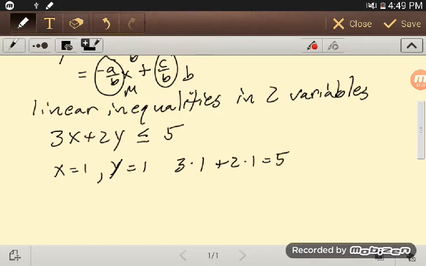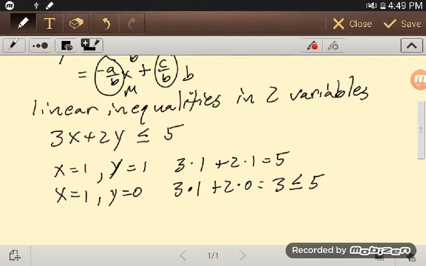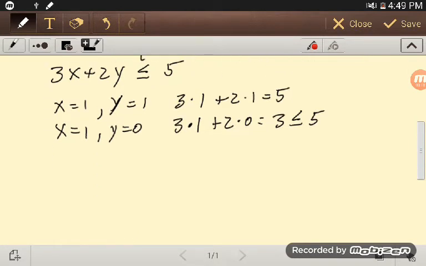So x equals 1, y equals 1 is a perfectly good point. But on the other hand, x equals 1 and y equals 0 is also a perfectly good point, because if I take 3 times 1 plus 2 times 0, I get 3, which is indeed less than or equal to 5. So that also satisfies